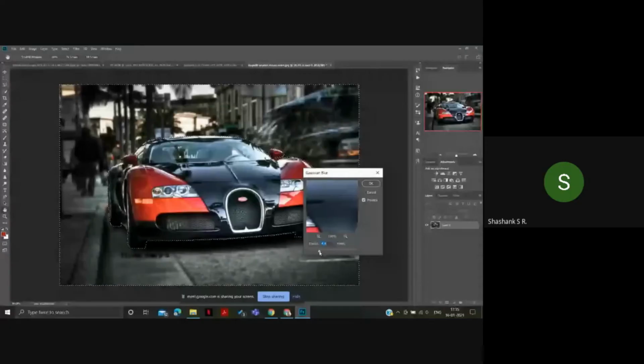If you blur it too much, it won't look good. So I'll be selecting just 10 pixels. That is the radius of the intensity, how much you want to blur it. So if you just click OK, here your background is blurred except the car.